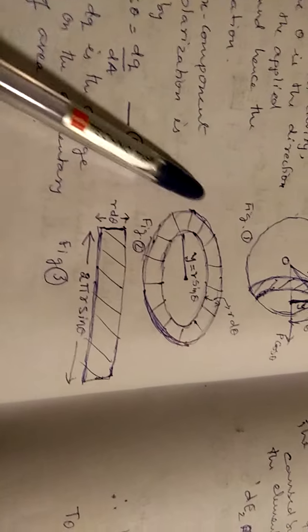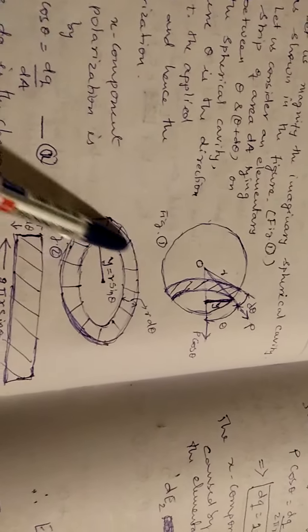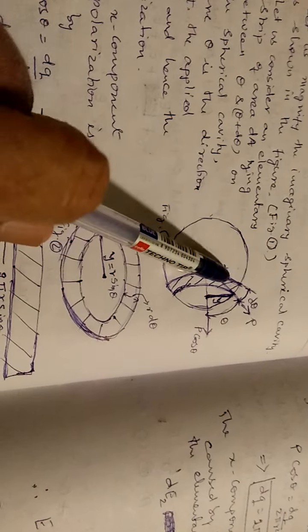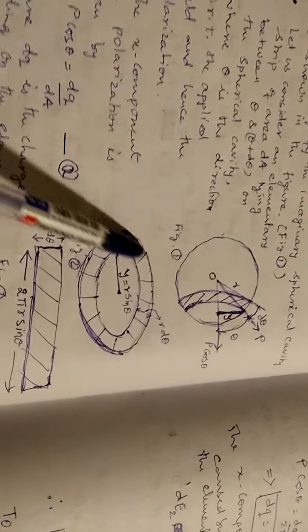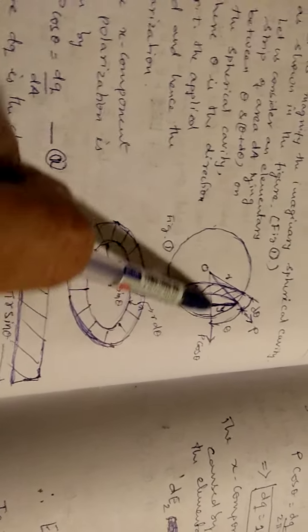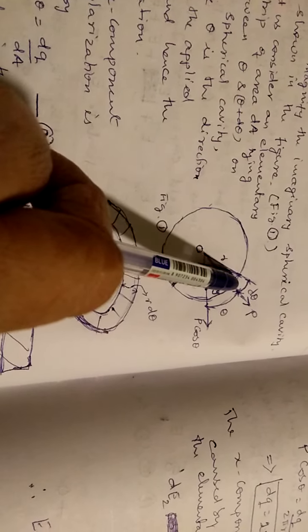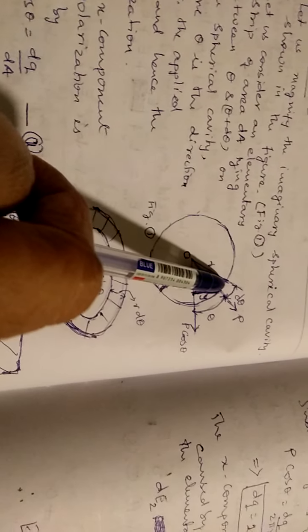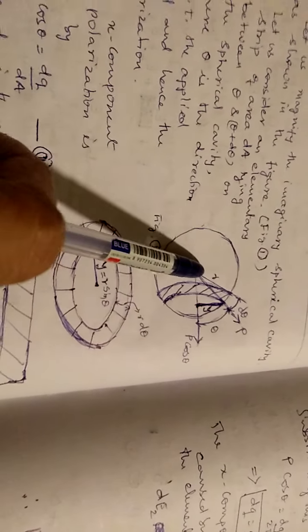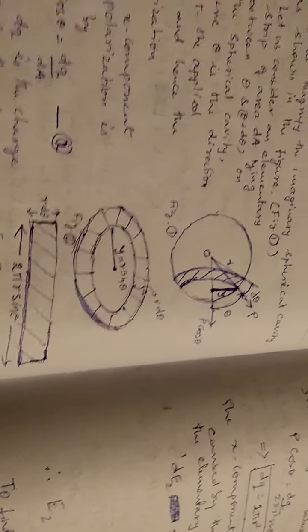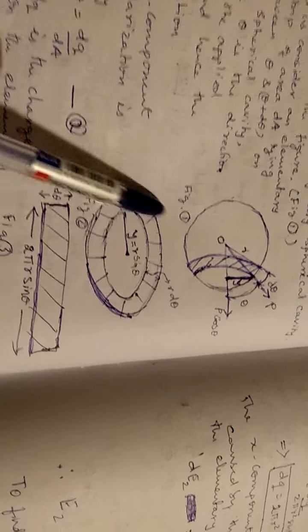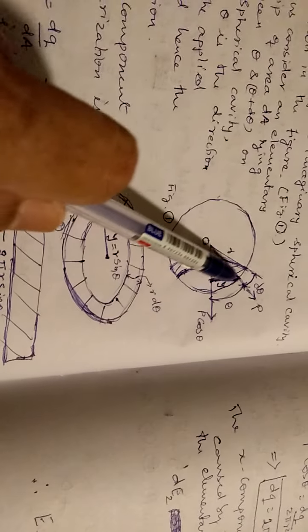Now if we extend this, let us draw this strip in the form of a circular shape. We know that this strip can have a circular shape like this, of thickness r dθ. You see, this thickness is an arc of a circle, so the length of the arc is equal to dθ multiplied by r. So the thickness becomes r dθ, and the radius of this circular strip, you see this is the radius.